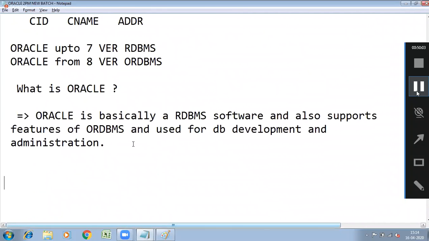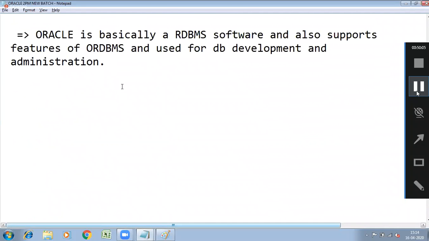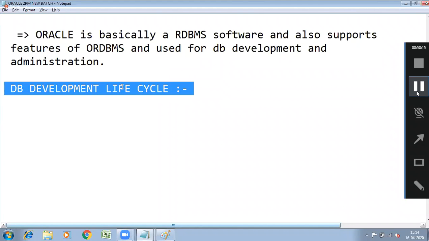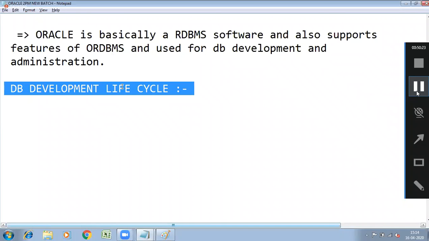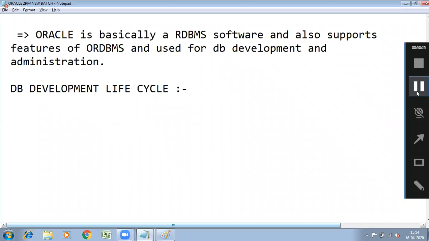Next, you need to know about the database development life cycle. After completing this, we can start the actual Oracle.